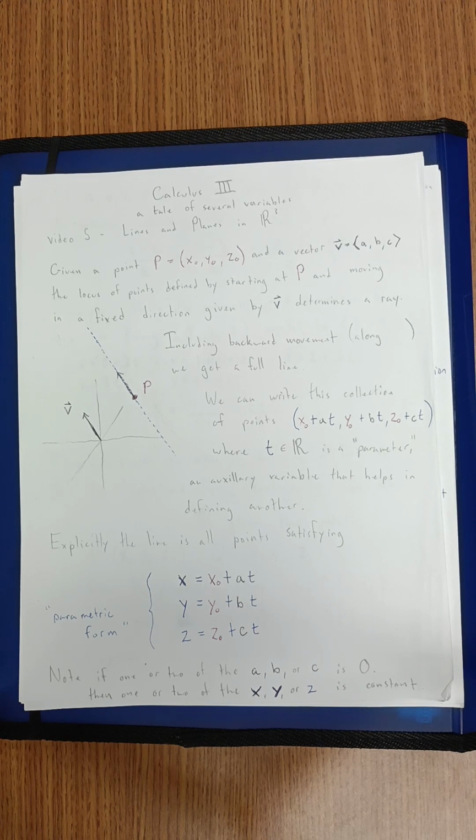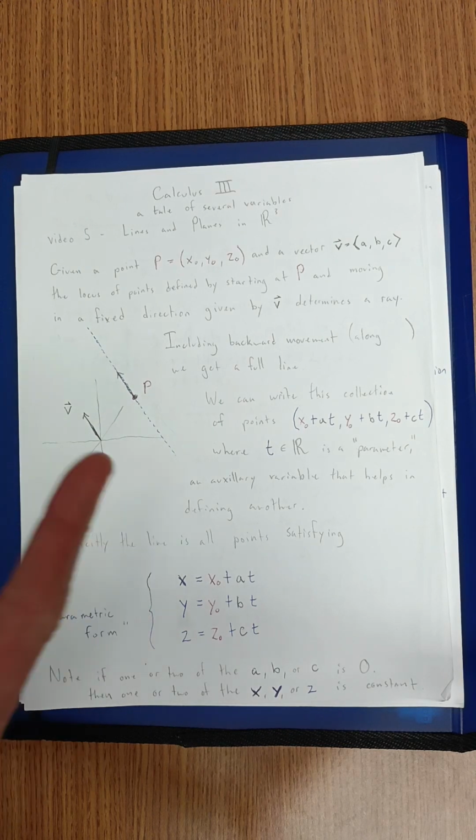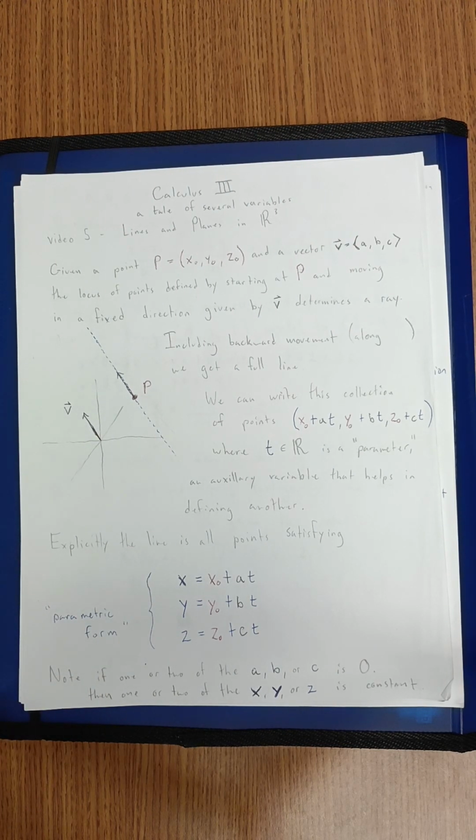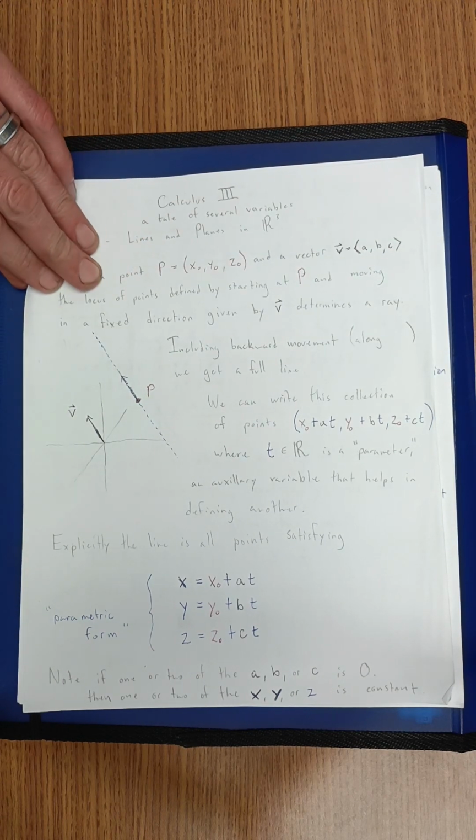For example, if I said A and B were both equal to 0, well then this line would be normal to, or perpendicular to, the xy plane. Right, x and y would have some fixed constant, and our line would be oriented straight up out of the xy plane. So the line would be normal to that. But we couldn't write it then in completely symmetric form,